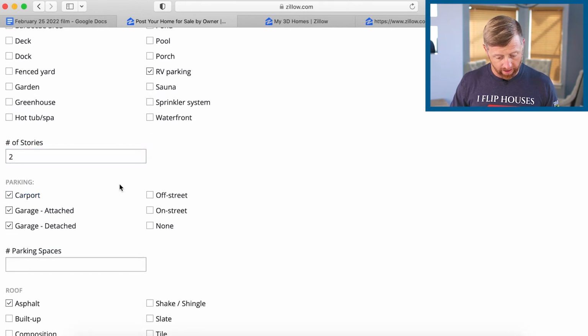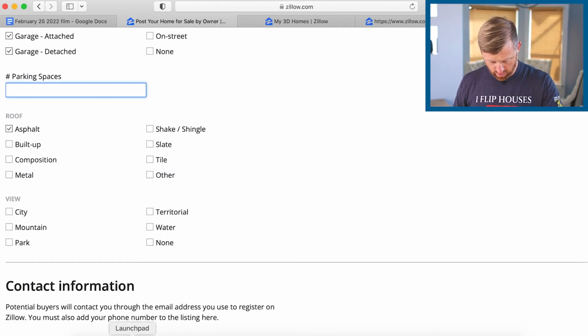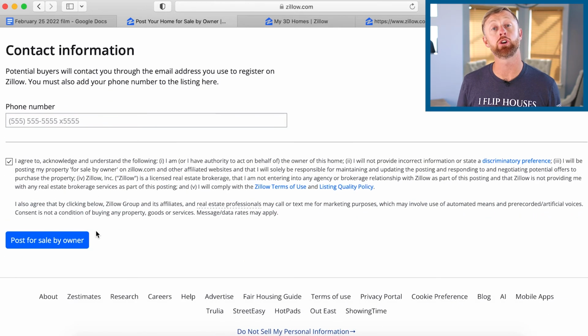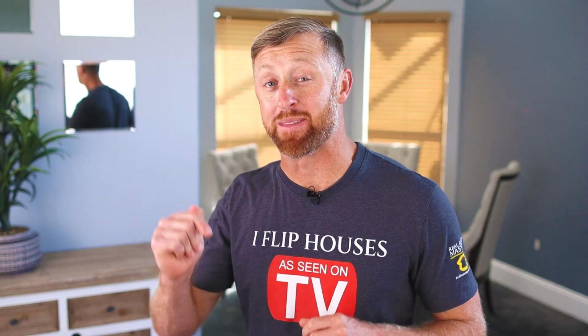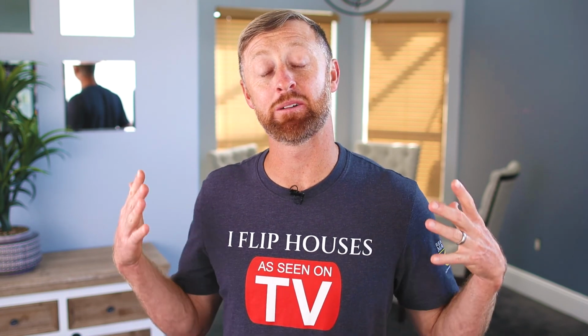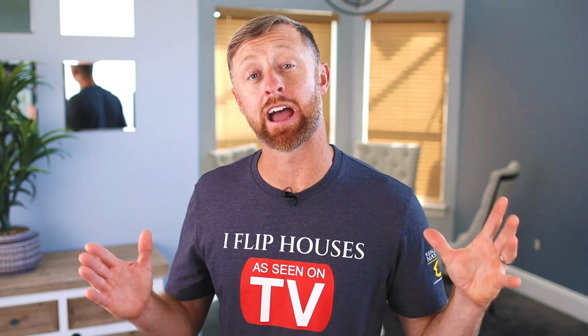We do have carpet. We have off-street parking. We have parking spaces. I don't even know how many. Put them in there. 9 parking spaces. And then contact information. You want the number that someone's actually going to answer, because you're going to receive text messages and phone calls, and then you got to agree to Zillow's terms, and then you post that property for sale by owner. I'm not going to press post because my amazing tenants that are renting this house from me will be very upset, but I hope that gives you a great example of how to list your house for